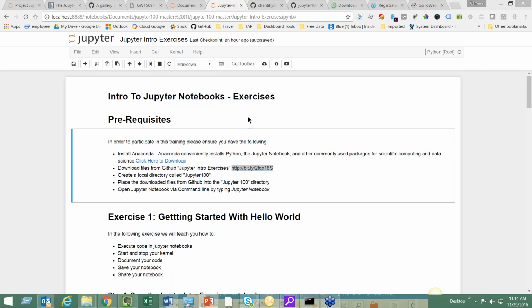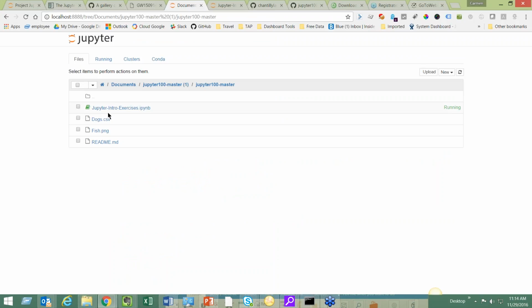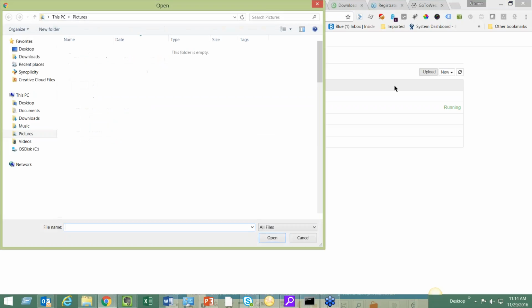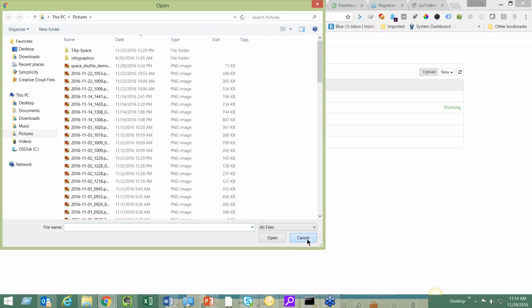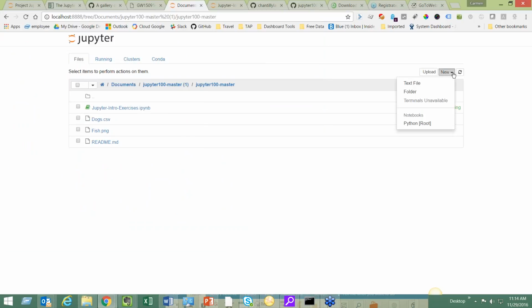So let's see here. Back to our dashboard really quickly. If you guys wanted to upload a new notebook, you go to this upload button here on the right-hand side, which will give you the option of selecting a notebook to upload. You can also create a new notebook quite easily by clicking on this new drop-down button, and it gives you the option of creating a notebook in a language of your choice. So by default, the notebooks are Python, and therefore if you actually wanted to use a different